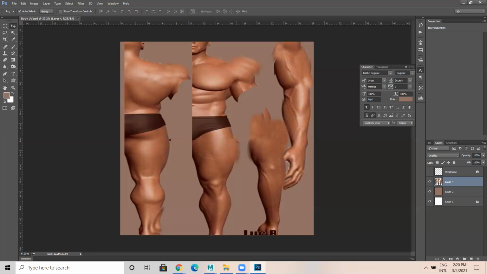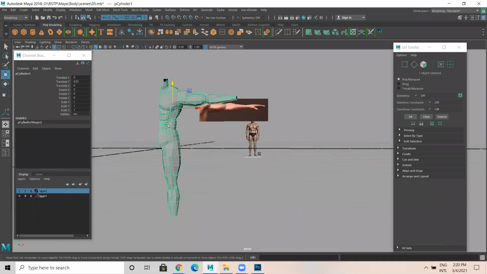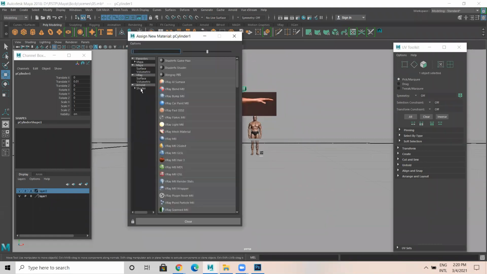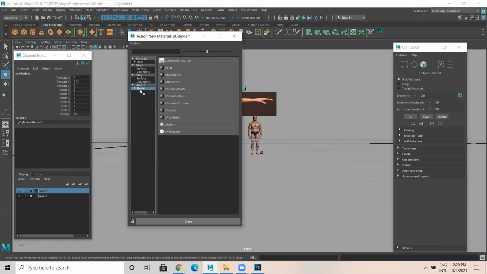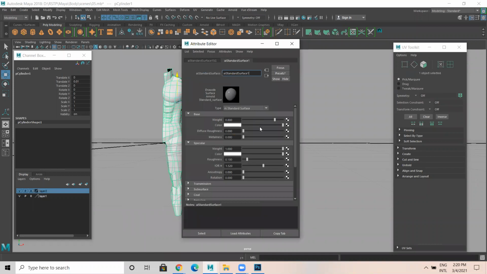So now I'll come back to Maya. A simple task: right click, assign new material, go to Arnold shader, pick Arnold shader. By default, you have the Arnold engine in Maya. In Arnold shader, pick AI standard surface material. Once you pick, you get an attribute editor.